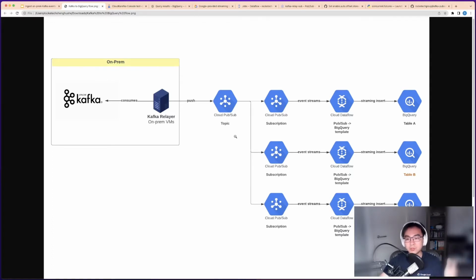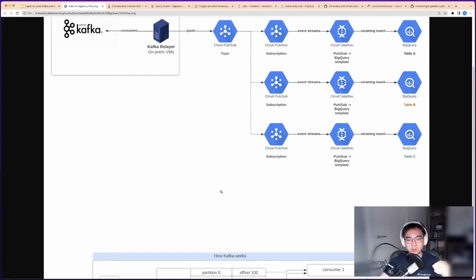This whole solution took me about 10 hours in total to get working end to end, including some of the complexity on the Kafka relay, so I'm going to talk you through it. This is probably the most important part because of the complexity Kafka has. In order to understand how the relayer works, the first thing you need to understand is how Kafka works. A lot of you may have some knowledge of Kafka. For the ones who don't, I'll cover some of the fundamentals of Kafka and how it works